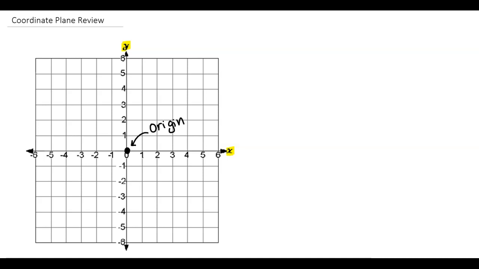The x-axis is positive when you go to the right and negative when you go to the left, and the y-axis is positive when you go up and negative when you go down. The only other thing that you have to know, it's something called the quadrants. And so quadrants,